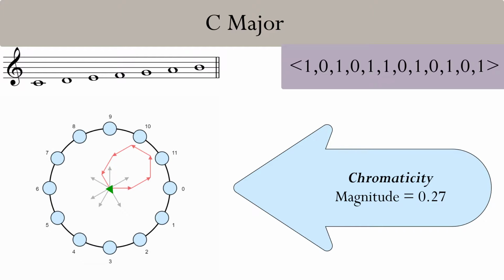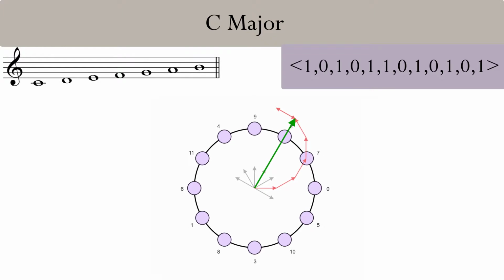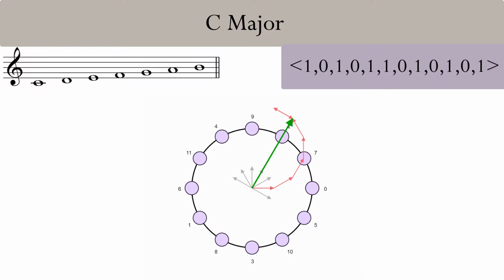In contrast, the F5 component indicates how fifth-y a collection is, and from the very high magnitude of 3.73, we can say that the diatonic collection is very fifth-y, indeed maximally so. Notice that on the F5 component, the resultant vector for C major does not pass through pitch class 0, the tonic. Instead, it passes exactly through the node containing pitch class 2, the point of symmetry for the collection on